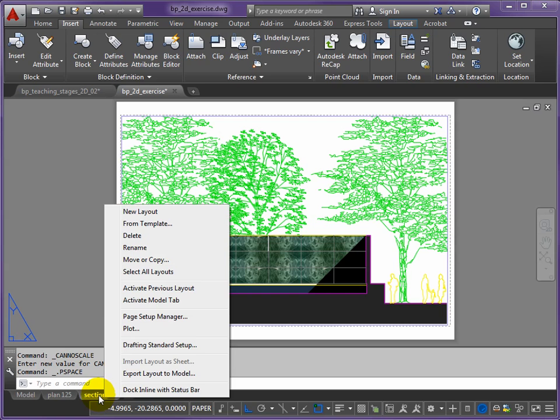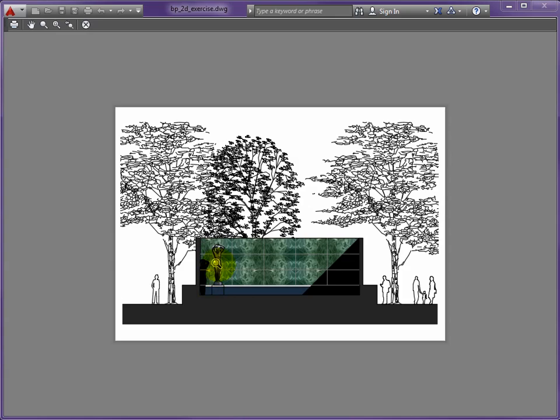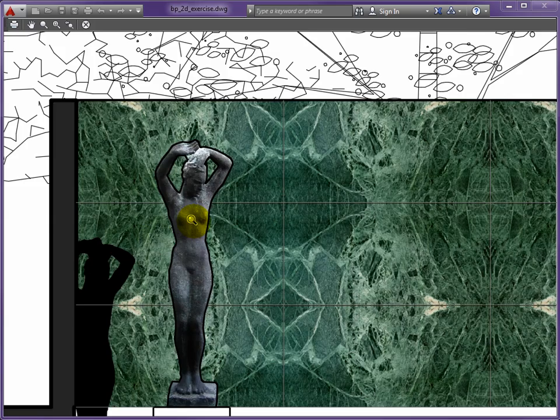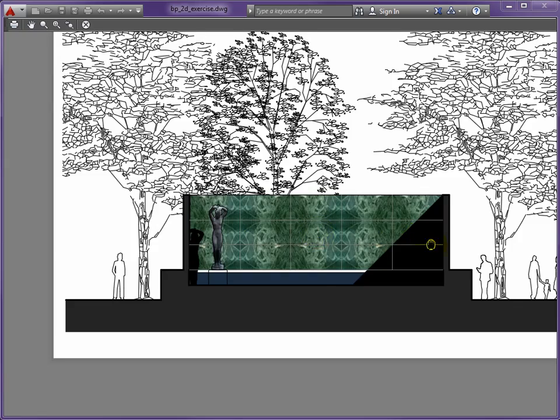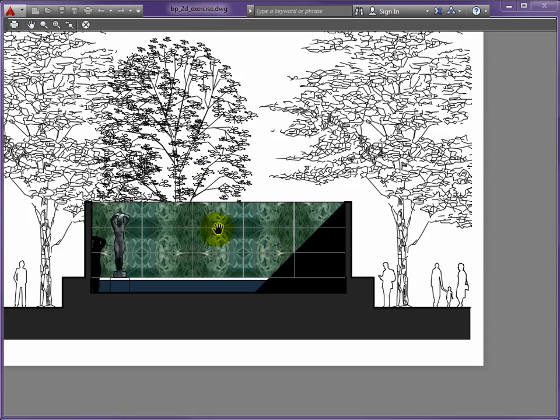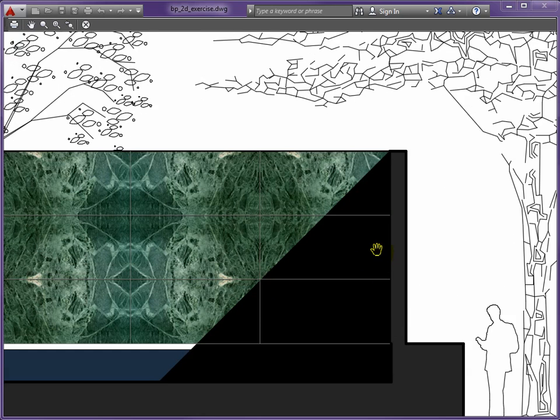If I right click it and do a plot preview, we can see we've got all the definition we need. Okay, the shadows there are a bit strong. Perhaps we should use a lighter grey for that, because they are